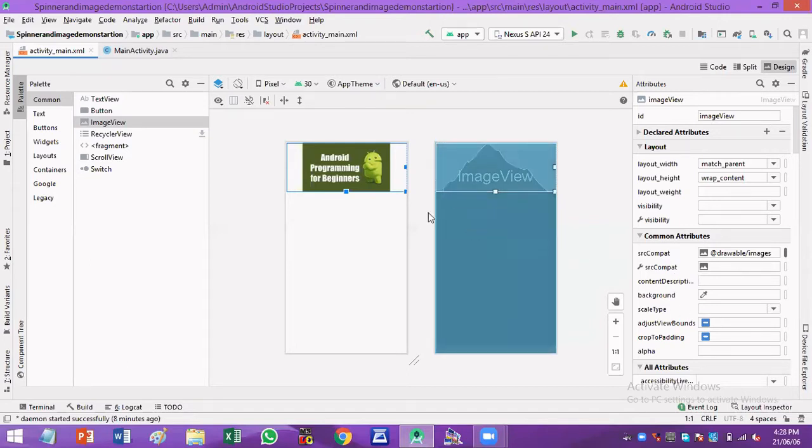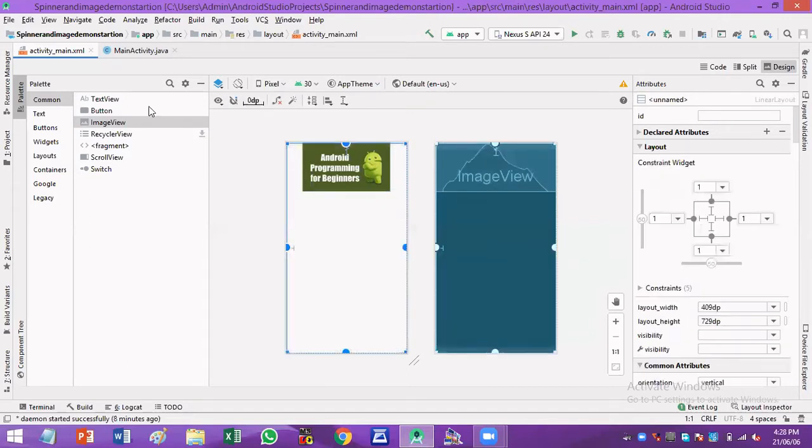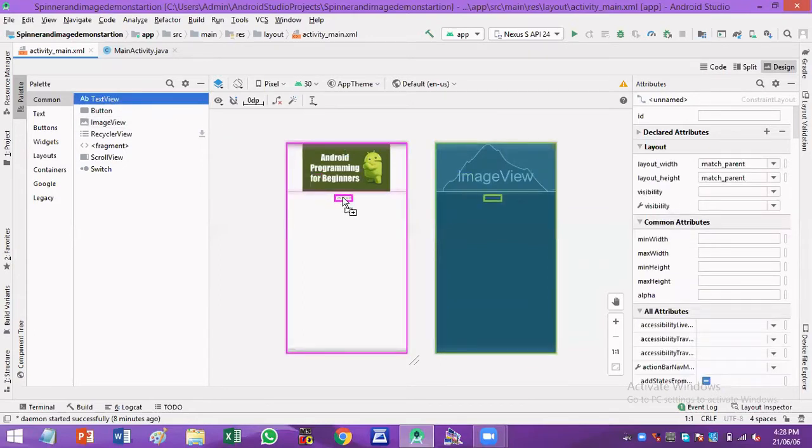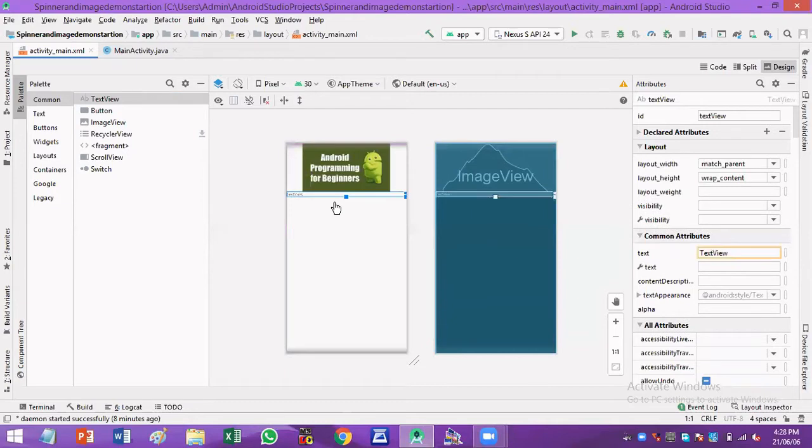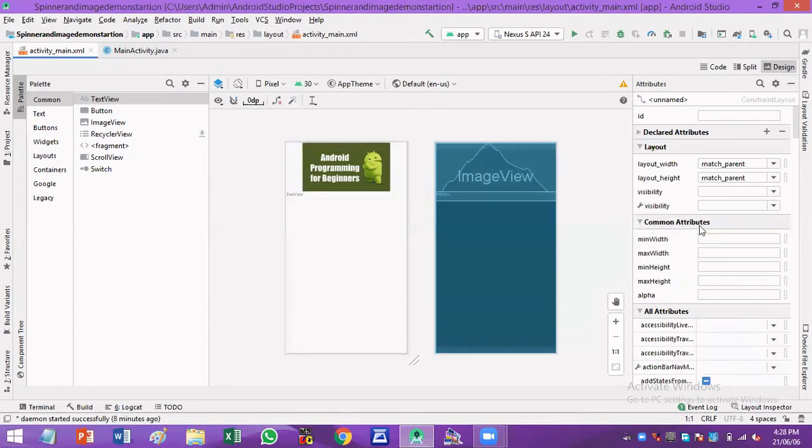Before using the spinner tool, I'll be including a text view to prompt the user to select an item from the spinner tool. Okay, so I'll be editing the text here.